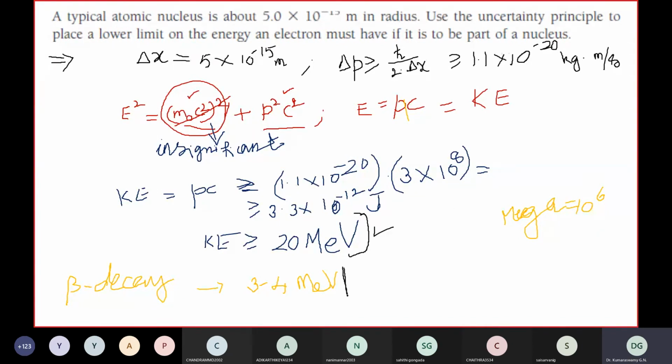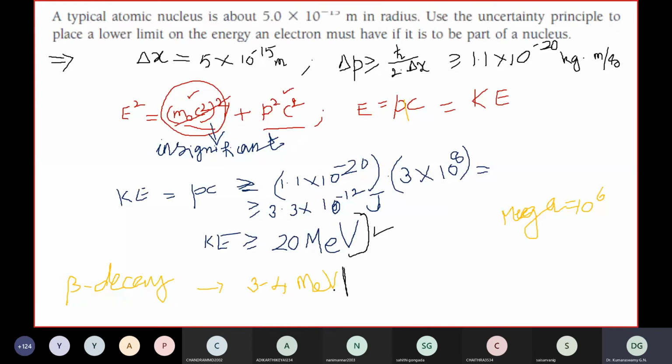What we find is that when a neutron converts to a proton, that conversion is possible, right? Yes, sir. When a neutron converts to a proton, it will have positive charge. So to compensate that, an electron is produced and it is ejected out. This ejected electron will have energy of 3 to 4 MeV. But this electron is generated only at the time of neutron to proton conversion, and it has come out. It cannot exist there. If it has to exist there independently, then it should have 20 MeV.